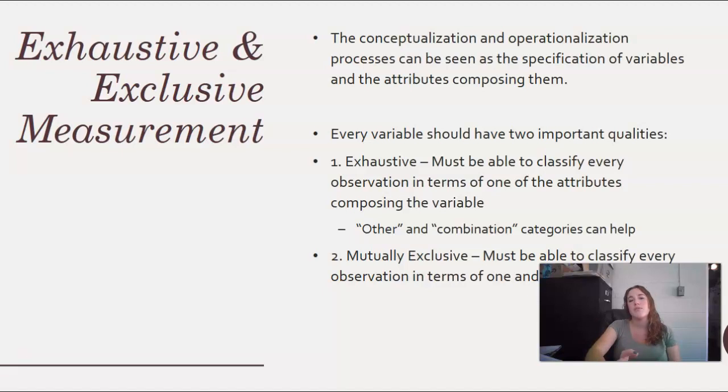And so this is why sometimes using other is a helpful tool, because if you know that there's other responses out there, but it doesn't make sense to go through each and every one, maybe there's just way too many, or you're only really trying to measure the big ones, then you can have this other category so that people who don't fall into those more specific categories have somewhere to answer. Have you ever taken a survey before when one of the questions didn't necessarily apply to you and you had to give an answer? So you just kind of made up a number or guessed. We don't want that to happen because that's just giving false data. So having these other categories sometimes helps with that.